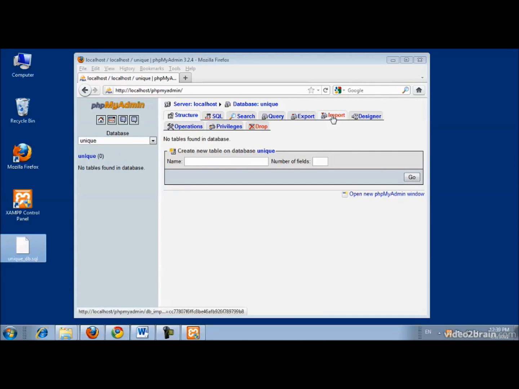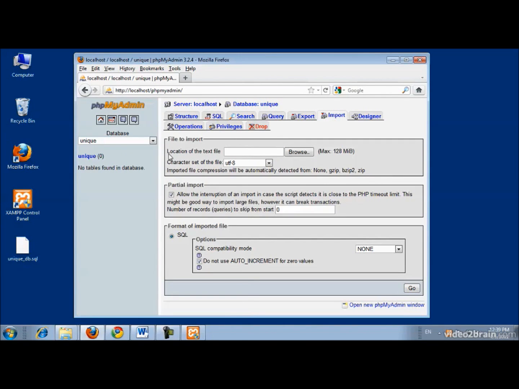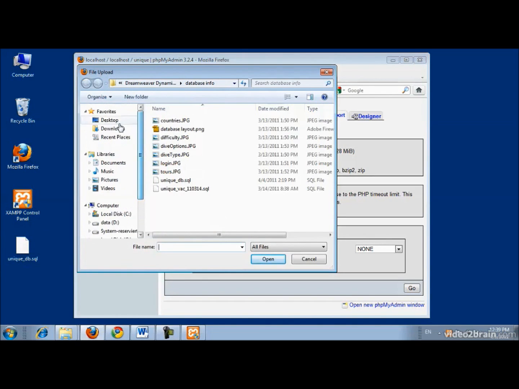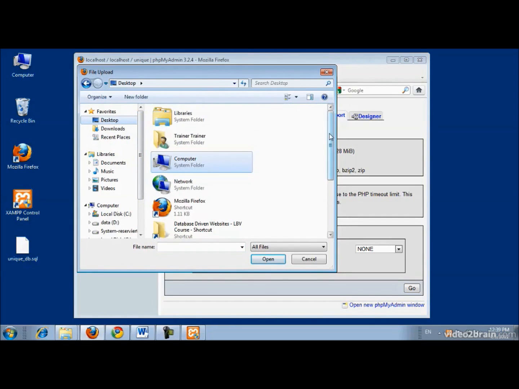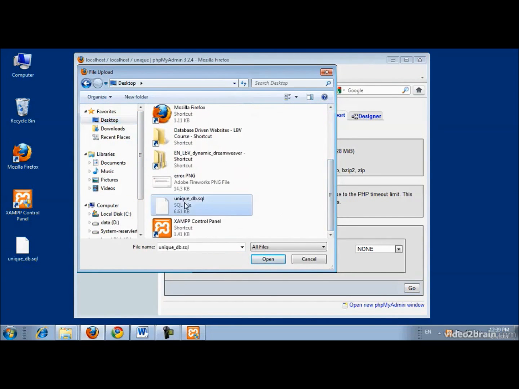So I'm going to go out to Import, and what I do in this section is show it where this text file is located. So I'll click Browse. Wherever you have your course files and this file located, that's where you want to browse to at this point. I'm going to browse out to the desktop. And on the desktop, I have my